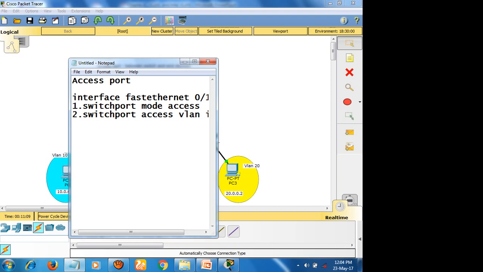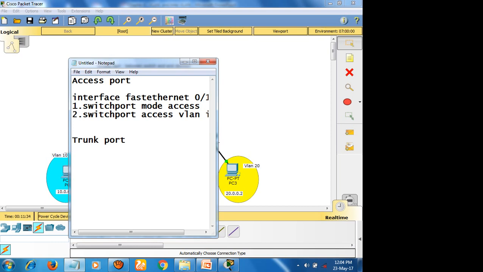In the case of the trunk port, again two commands. For this also, you first need to choose the interface, whether you want to specify FastEthernet 0/1 or 0/2.